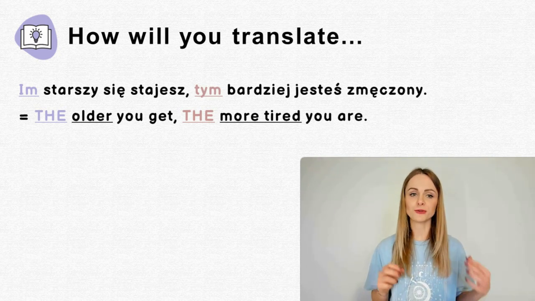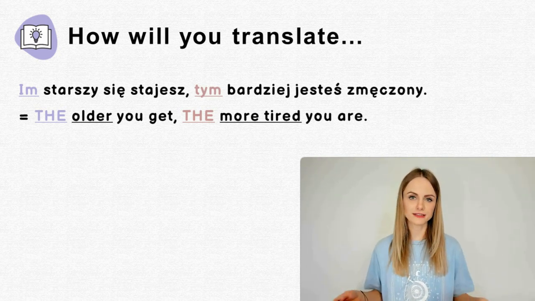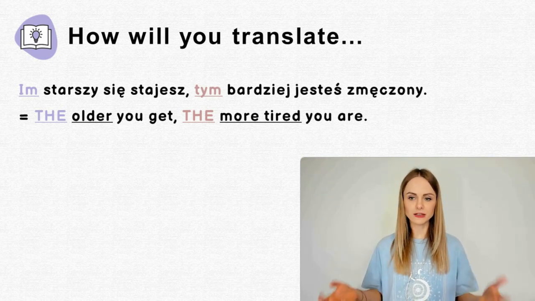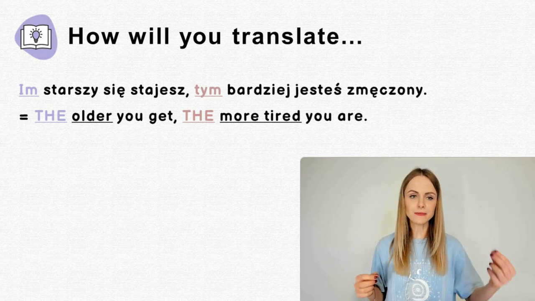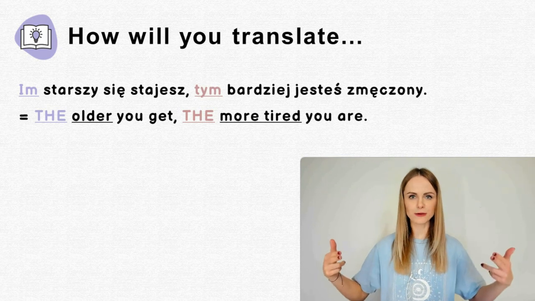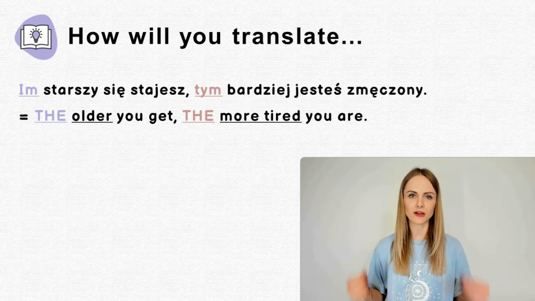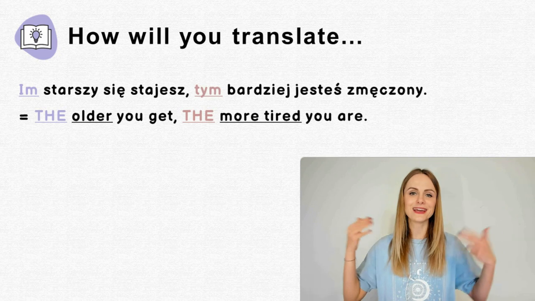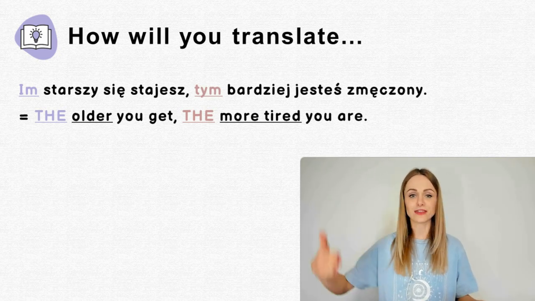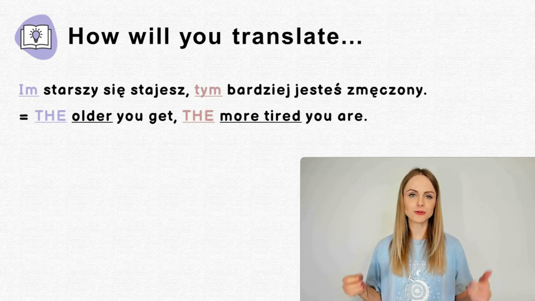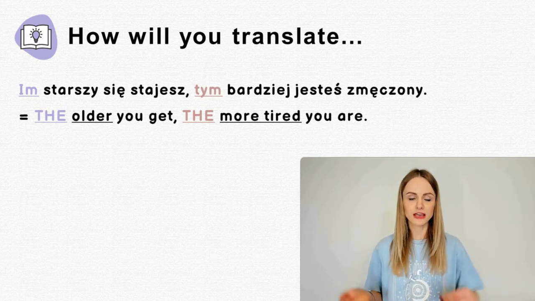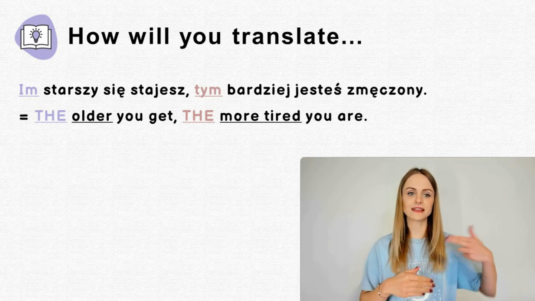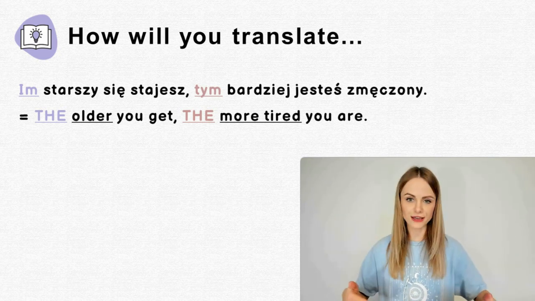The older you get or become, the more tired you are. And what we basically do here is that we use this the plus the. So this im, tym structure in the Polish language is basically translated by means of the. Pay attention. Im is translated as the, and tym is also translated as the. Why? Because we basically need to use these superlative forms of adjectives. Stopień wyższy przymiotników. So have a look. The older you get, im starszy się stajesz,